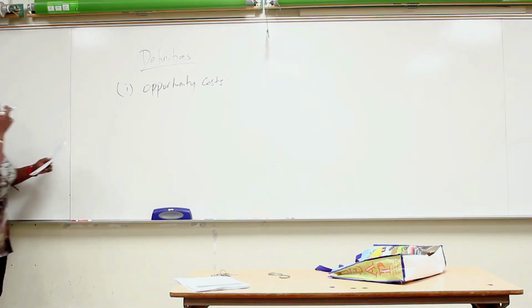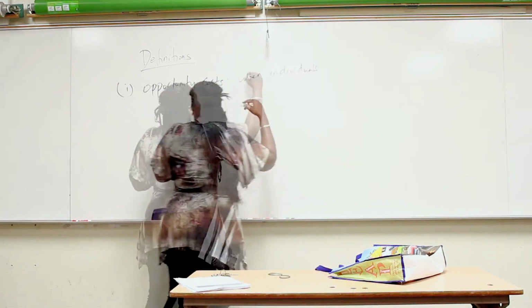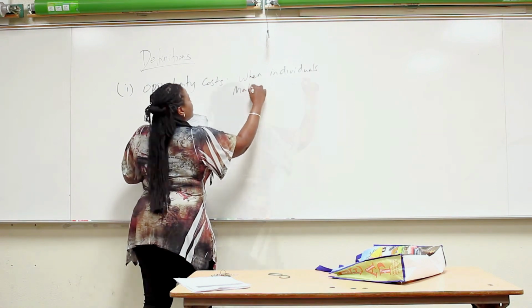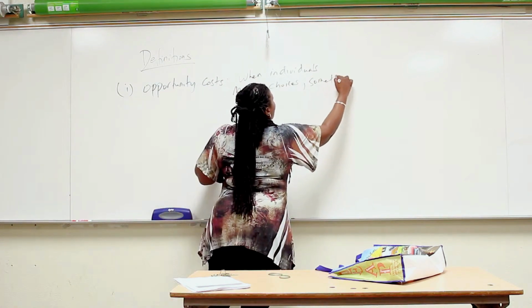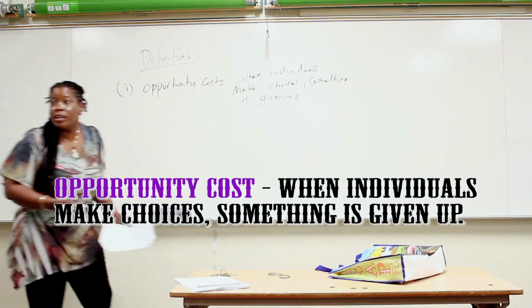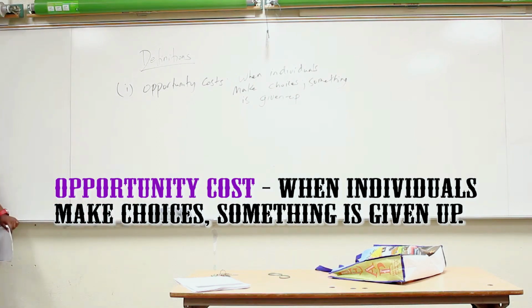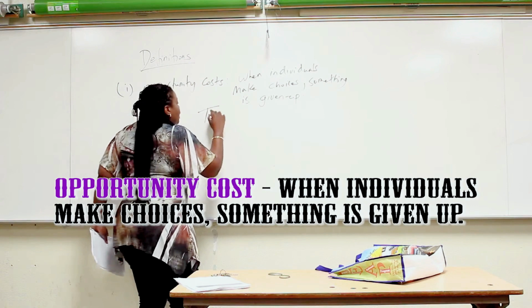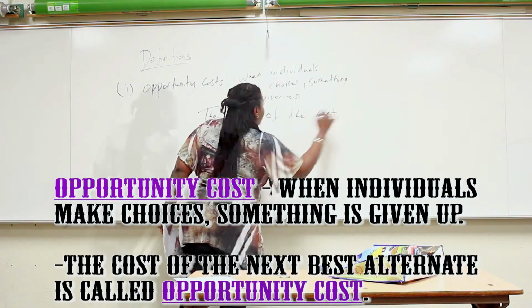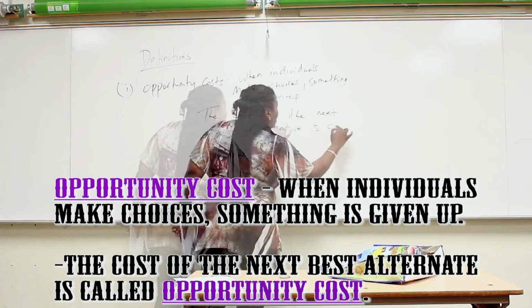Now here's the idea behind opportunity cost. When individuals make choices, something is given up. That's the nature of a choice. You have a list of stuff, A, B, C, D, E, and you choose A, B, and C. It means you gave up D and E. So when individuals make choices, something is given up. Now here's the opportunity cost. The cost of the next best alternative is called